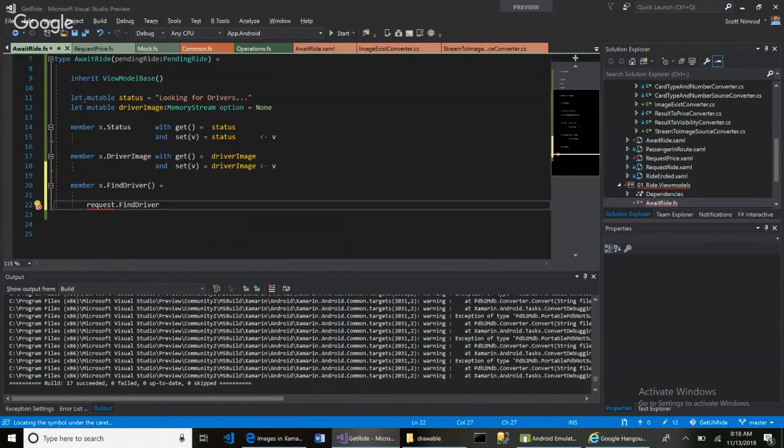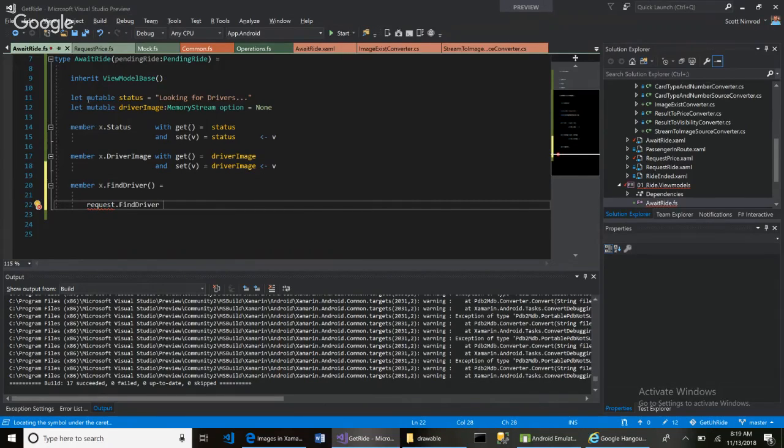And so for this request I need to implement, there will be a find driver property that's a function type, and that will take in the,